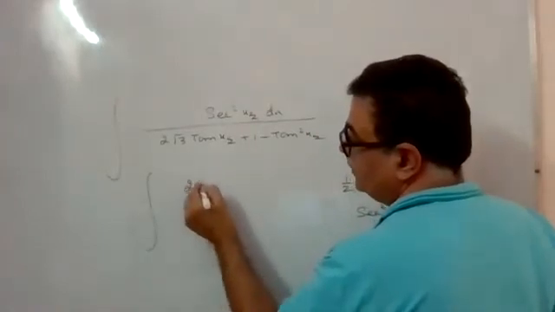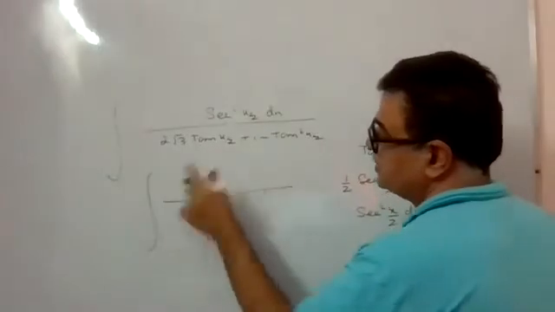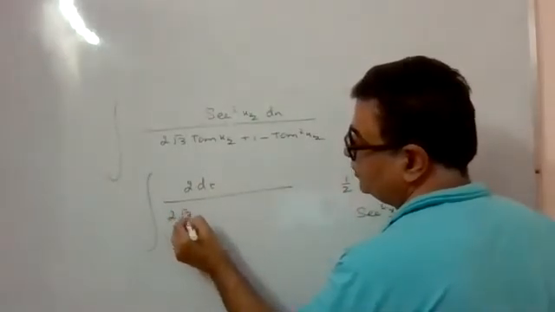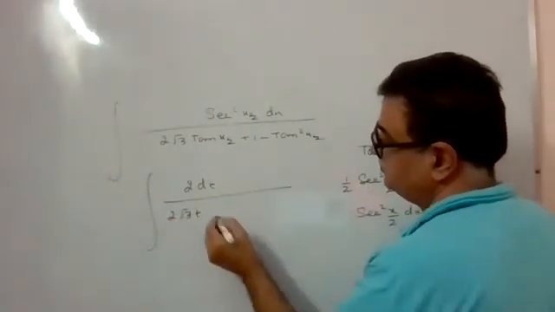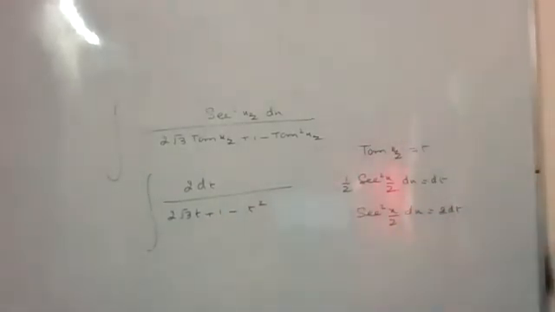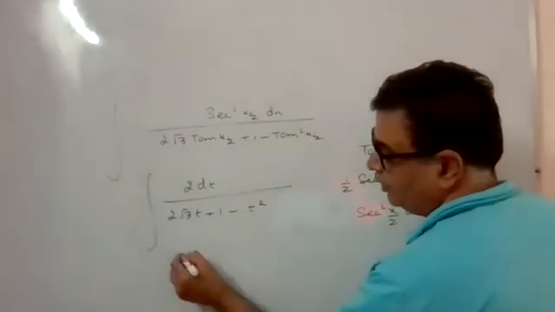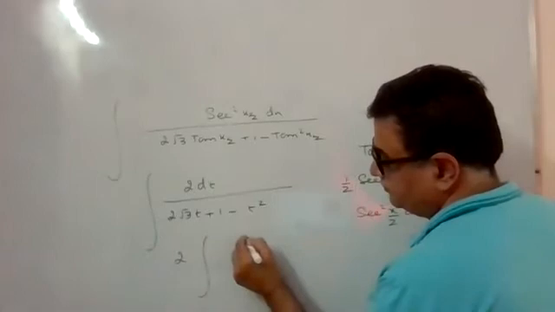So this will come out to be twice of dt by 2 under root 3t plus 1 minus t square. Then we'll take 2 out, dt,